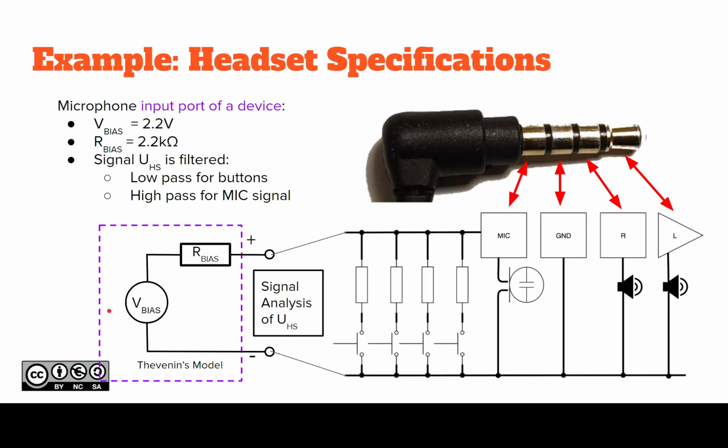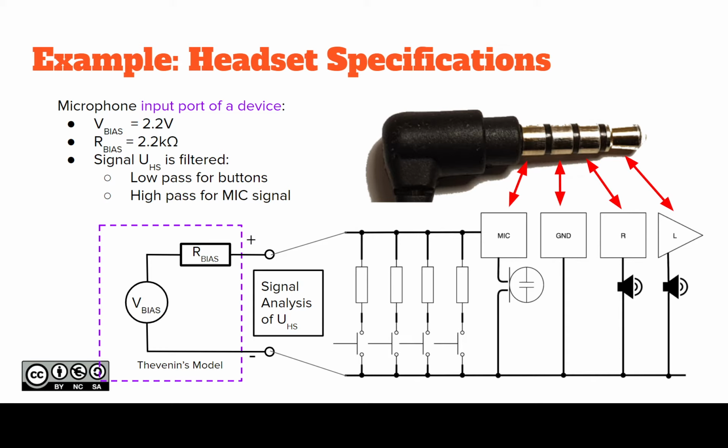So on your computer or mobile phone end, there is a Thevenin model: a bias at 2.2 volts with a 2.2 kilo ohm resistor. Practically this powers up that electret microphone,